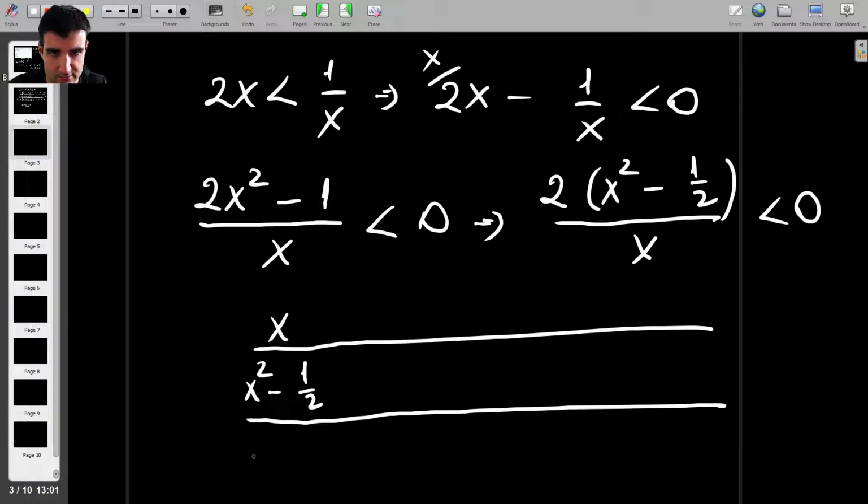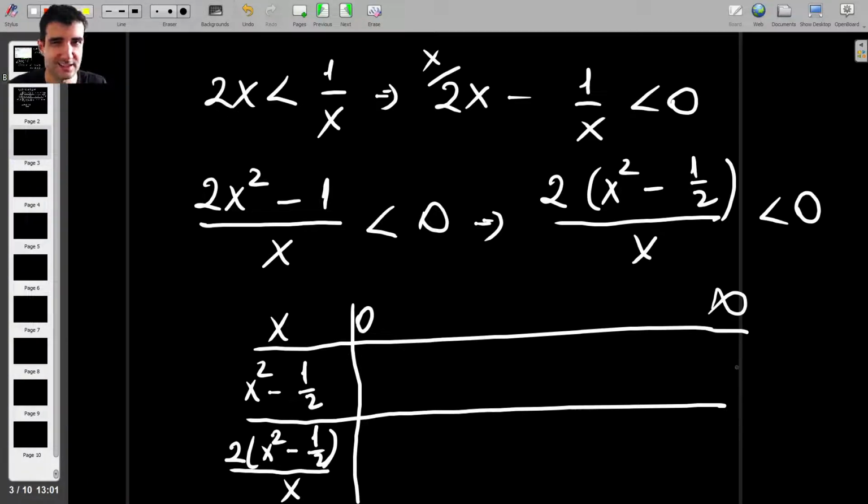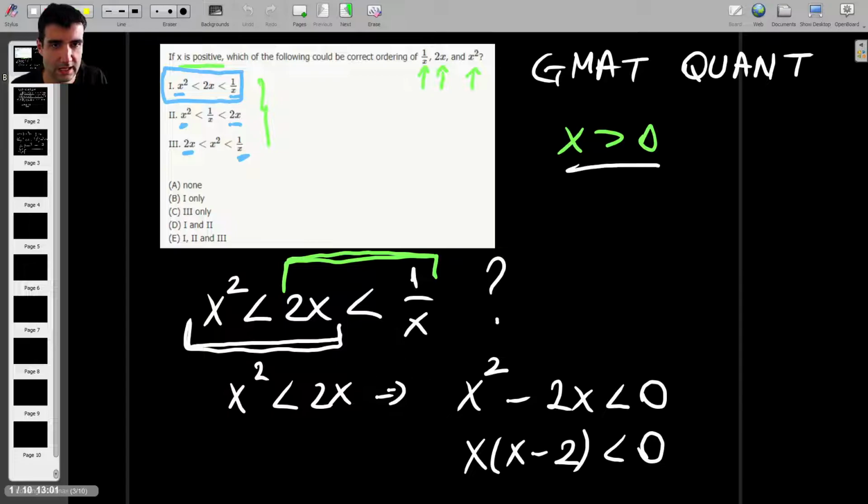And then we have the whole fraction, which is 2 times x squared minus 1 over 2, divided by x. And we know that x goes from 0 to infinity. It doesn't actually take the value of 0, but we already know that. Now, the first question is, when is this going to cancel out? You can check for yourself, but it will cancel out when x is square root of 2 over 2. This has a second root as well, which is negative, but we know x doesn't take any negative value,